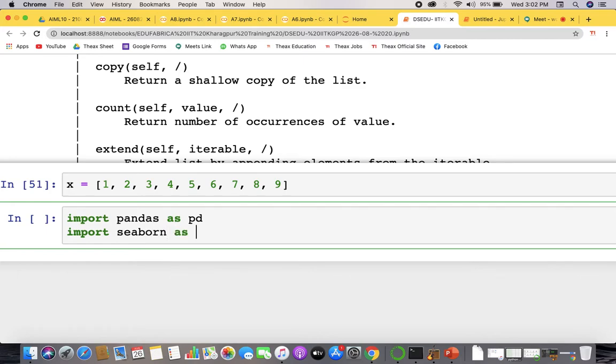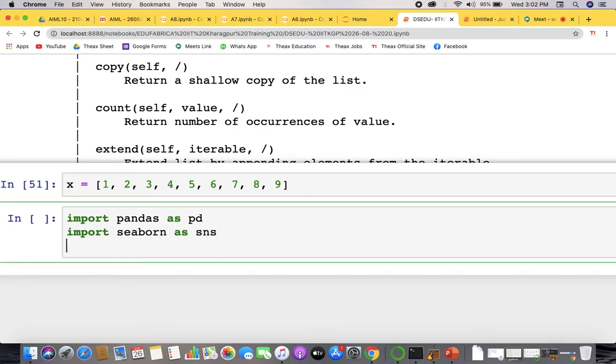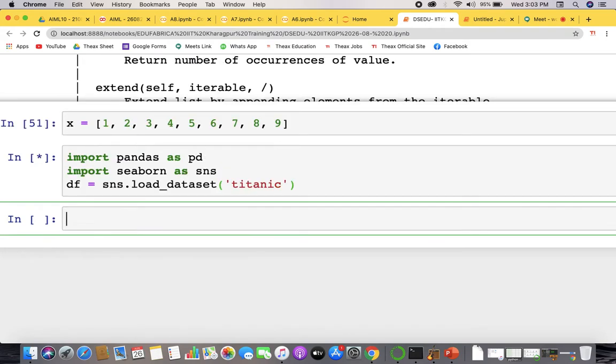Let me just give you a quick example of what exactly the size is about.